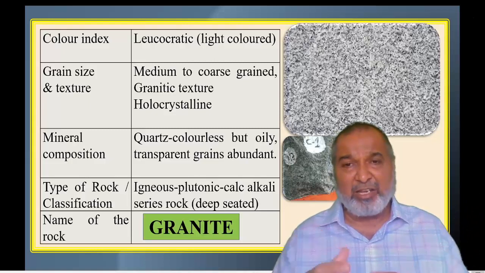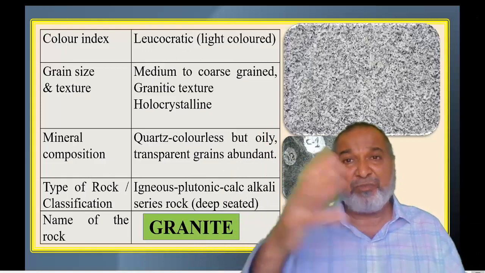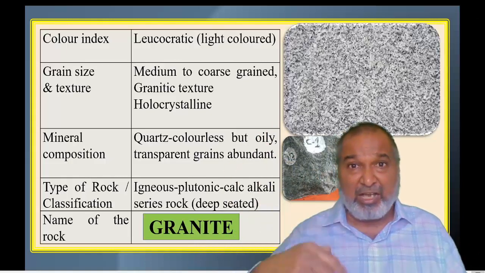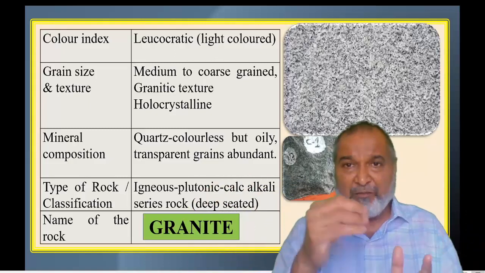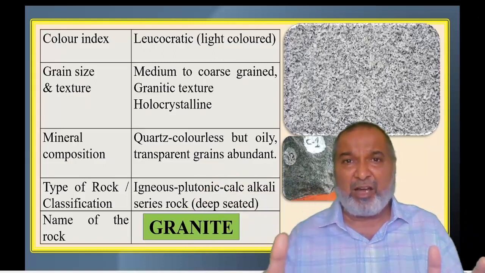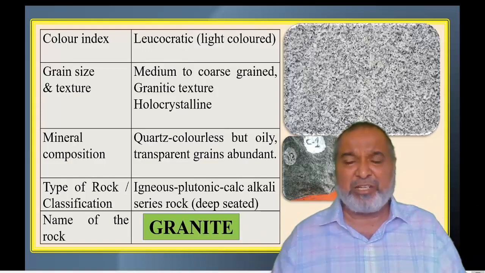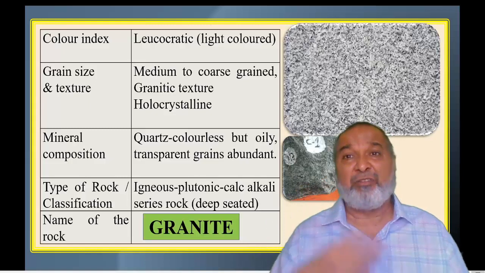For example, in a class of FYBSc, some SYBSc students are sitting and some TYBSc students are sitting, so the grades are different. It is an admixture of different sizes. As per the class, they have come together for a division: first year, second year, and third year students sitting in that class. So that is the admixture: coarse, medium, and fine grain.